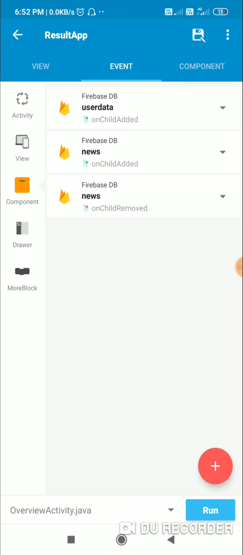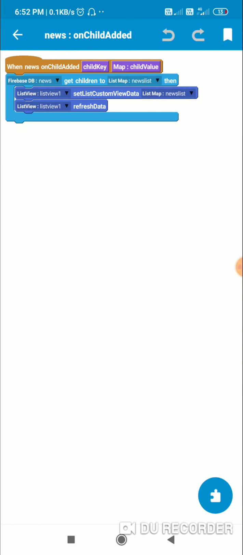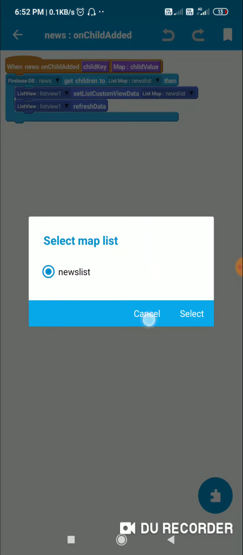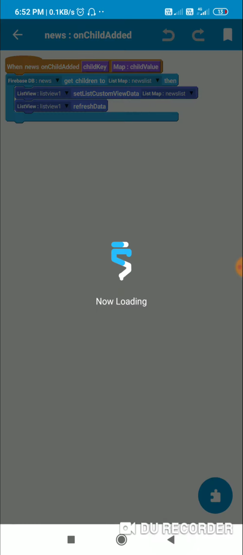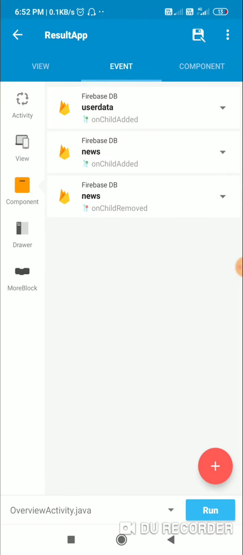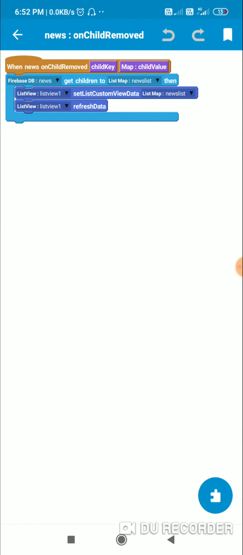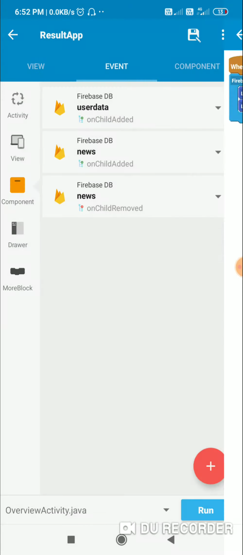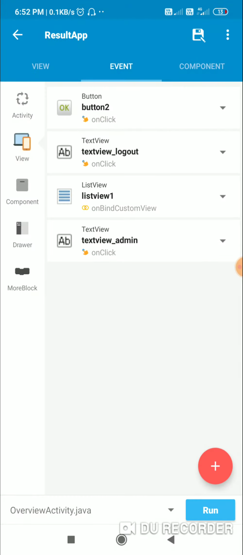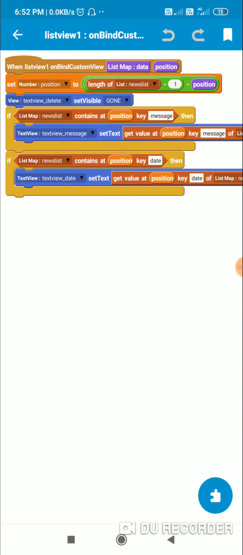Now after this is the news on child added event. Here I get the data to a list map called news list and display this in list view 1. For displaying it on child removed, it is the same thing. So for displaying it in list view 1, I have this on bind custom view, where since I want to